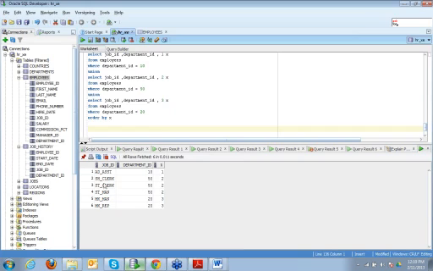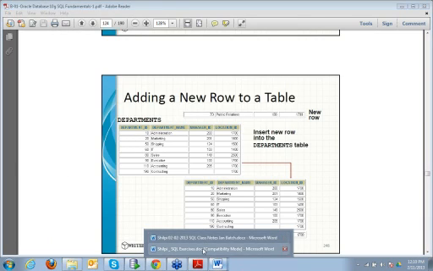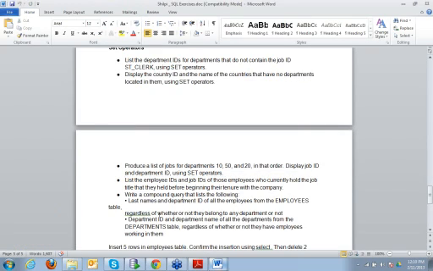Okay, so this was something which I wanted to cover in set operations, and let's do one more question and then we'll move on to DML commands.